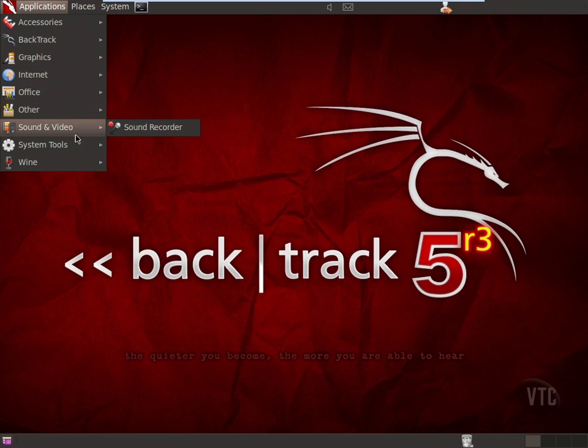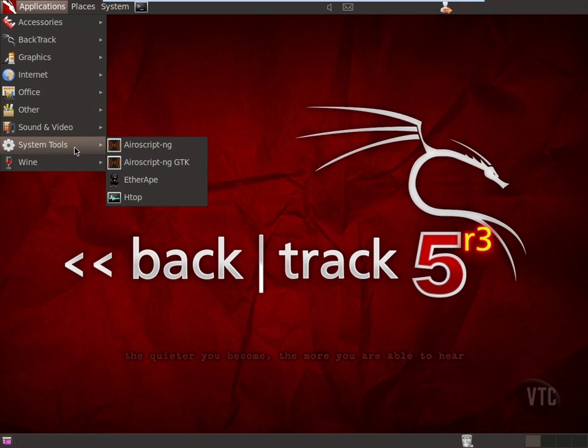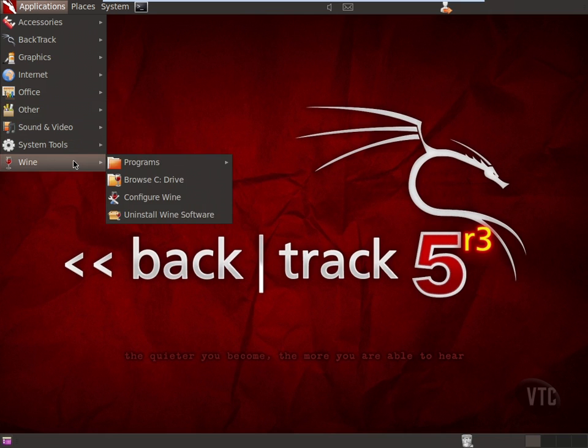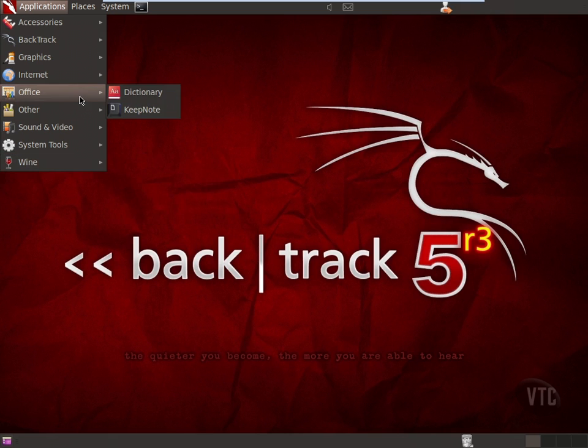You have sound and video, system tools, and I have installed some of my own tools on here, and that's the great thing about BackTrack, is you can install your own tools on here and get what you want. For example, in the Office folder, there's not a lot really in there, so you might want to download and install LibreOffice or the older OpenOffice or whatever so that you have a fully functioning Office package with a word